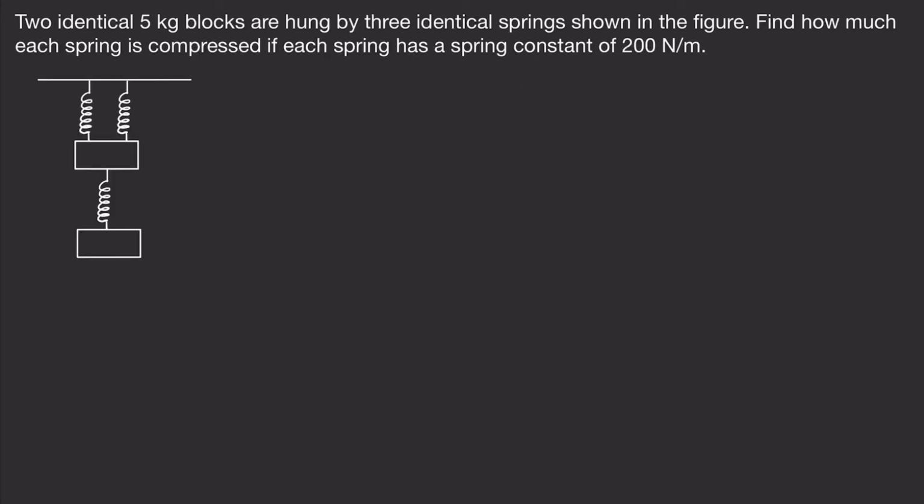In this next problem, we have two identical 5 kilogram blocks that are hung by 3 identical springs shown in the figure. And we want to find how much each spring is compressed if each spring has a spring constant of 200 newtons per meter. So I'm going to start by labeling these blocks, and then I want to draw a free body diagram for both of them. So for block A, it has a weight that is